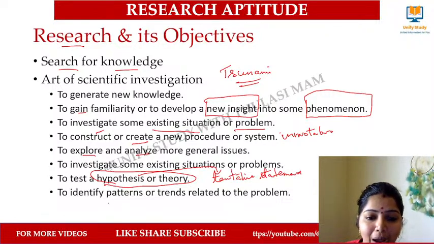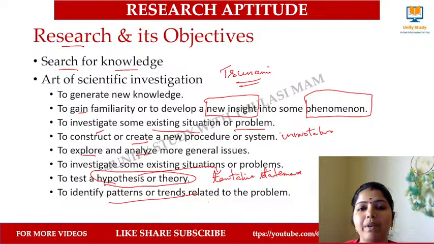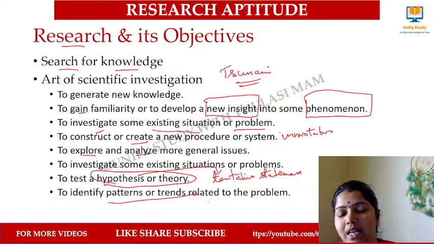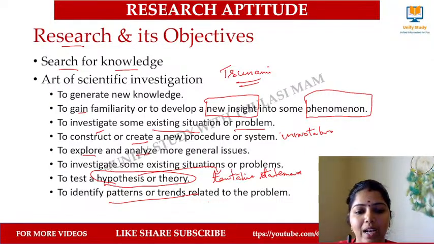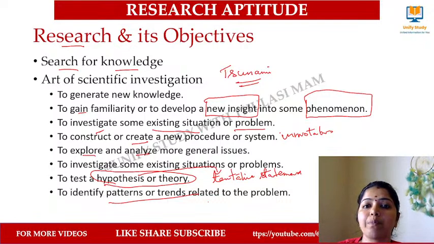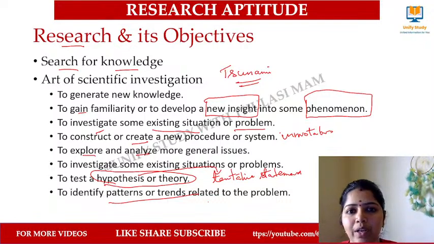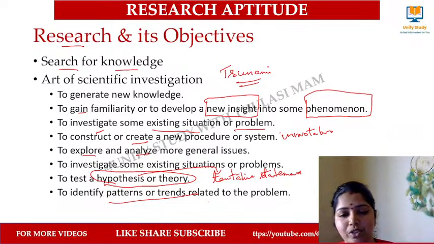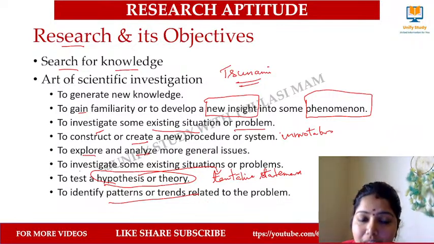And to identify a pattern. Where will this identifying of patterns be done? In marketing research, in analytical research, in business, in finding out the trend. In those areas we can apply identifying the pattern. If you go to a mall, the items will be placed based on the pattern of purchase and buying behavior, right? So those things can be done only by means of what? Doing research. So these are all the objectives of research.